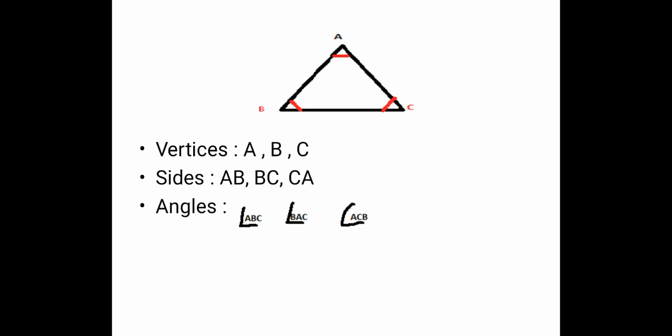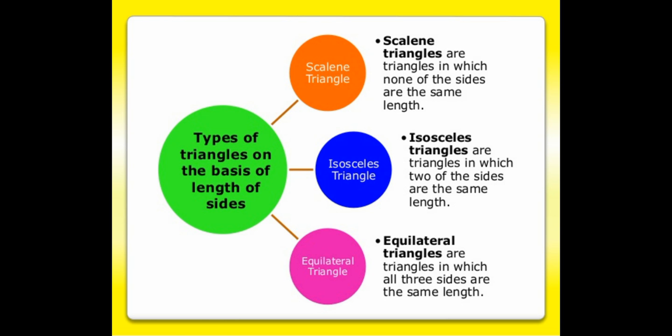So let us understand the vertices. Whenever we are forming any triangle, the three corners we call the vertices, okay. So point A, point B, point C, these three are the vertices, and side AB, side BC, side CA are the sides of the triangle. The angles we will name fully: angle ABC, angle BAC and angle BCA. Understood?